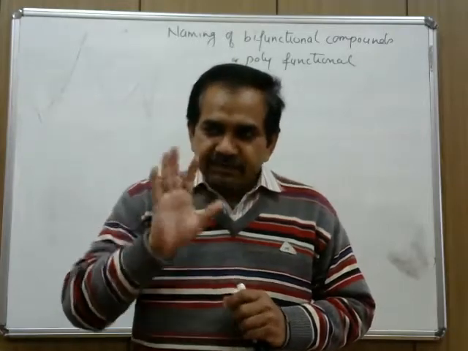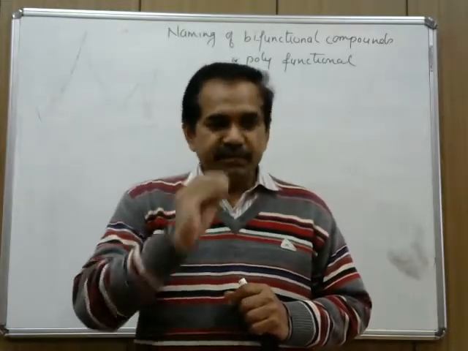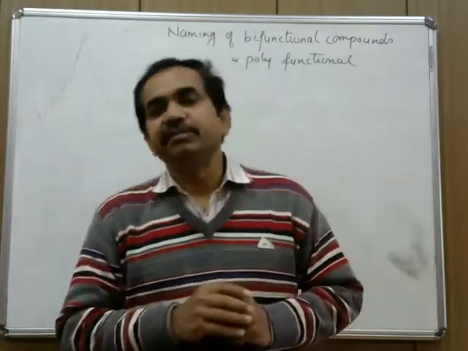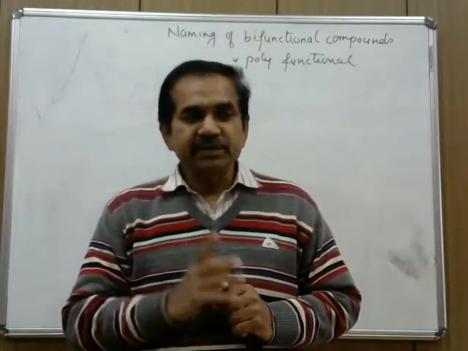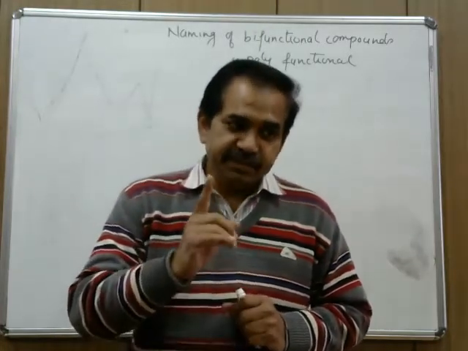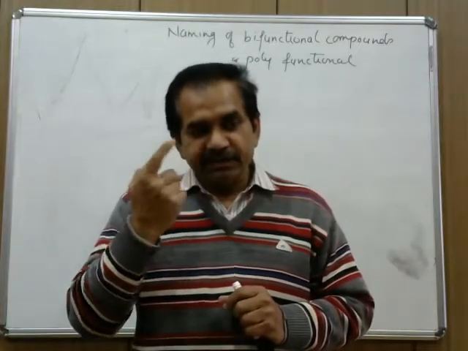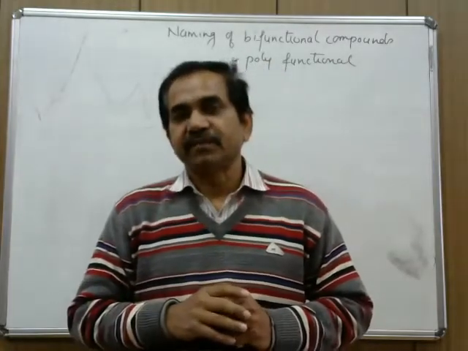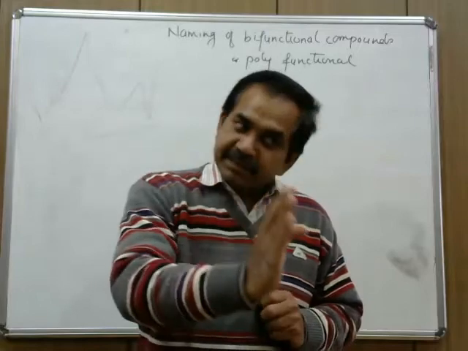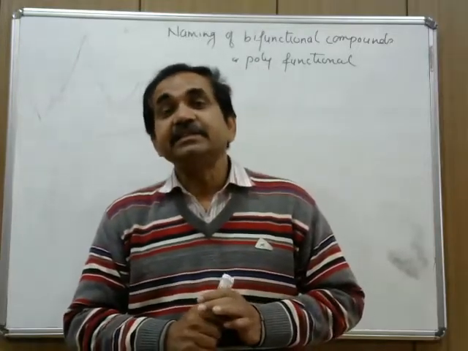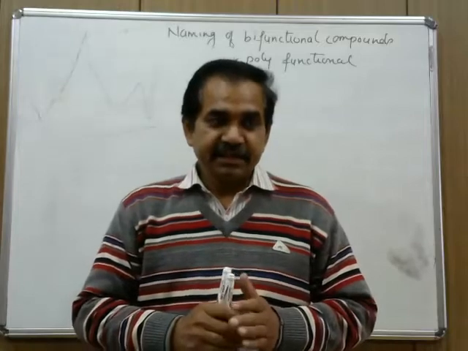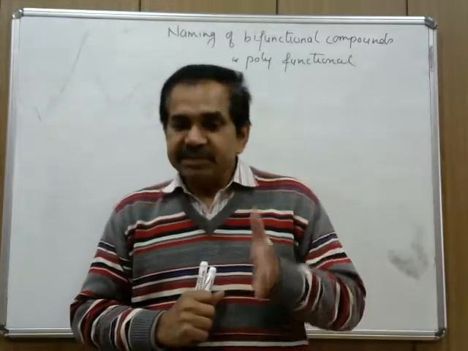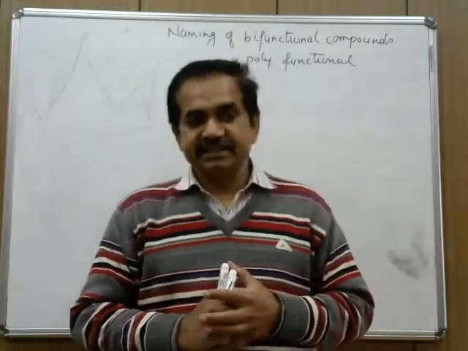A very simple procedure is followed for it. Out of all the functional groups present in the given compound, one functional group is treated as the principal functional group, and for that, during naming, a suffix is used. While the other functional groups present in the compound are treated as substituents, and their names are mentioned before the root word, meaning they are treated as prefixes.